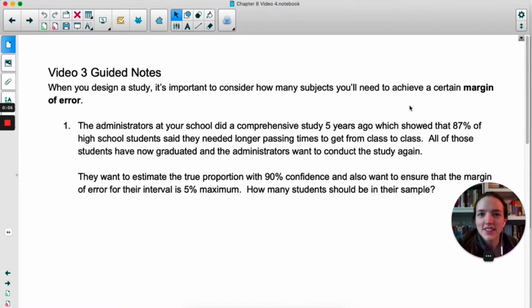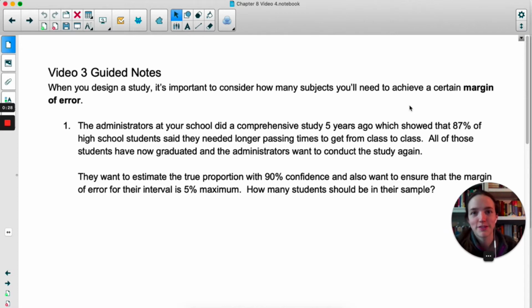When you're designing a study, it's pretty important that you choose the right sample size so that you get a confidence interval that actually has a chance at capturing the true mean or true proportion that you're examining. So in this video, we're going to look at how to achieve a certain margin of error by picking a certain sample size. So take a moment and read question 1 to yourself and then set up the equation for